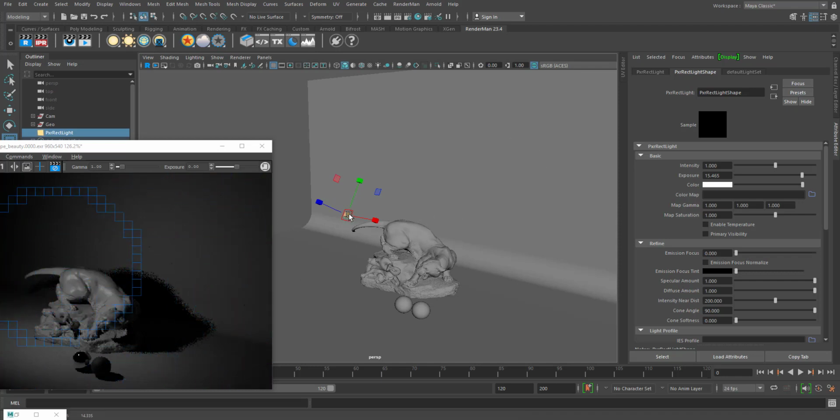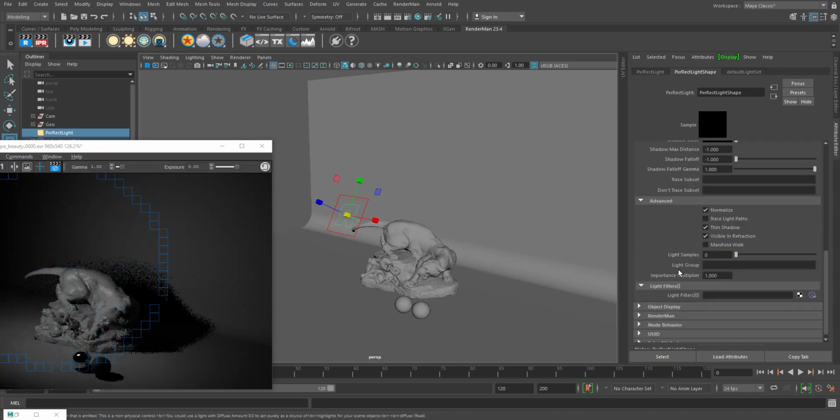So we usually use this technique to match the shadows. And